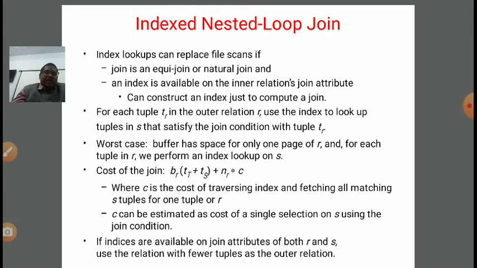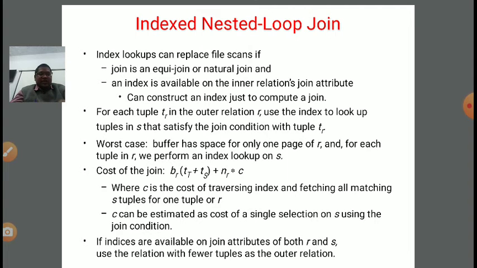We can even construct an index just to compute a join. For each tuple tr in the outer relation R, use the index to look up tuples in S that satisfy the join condition with tuple tr. So we write one outer loop over the outer relation R, and the inner loop is for the index of the inner relation S.